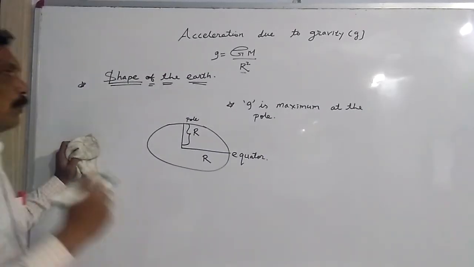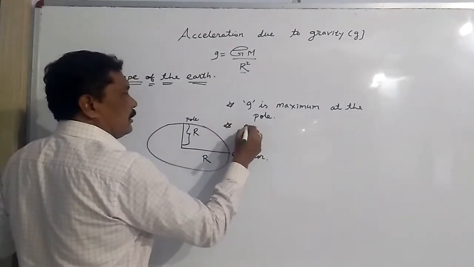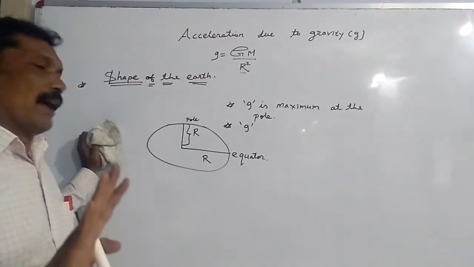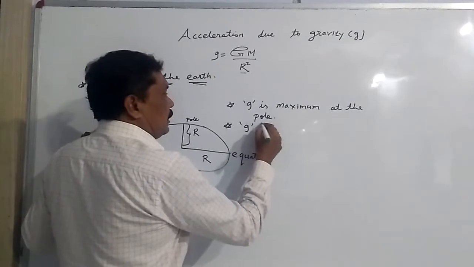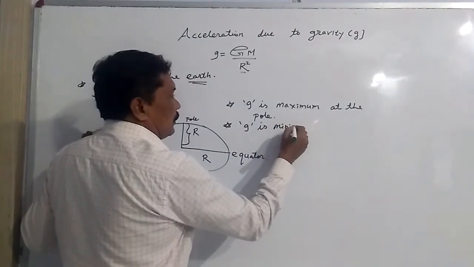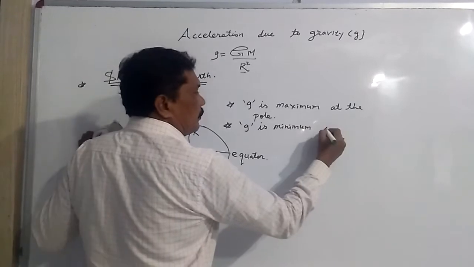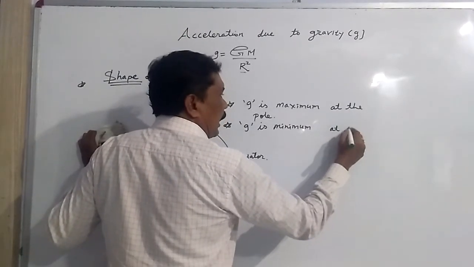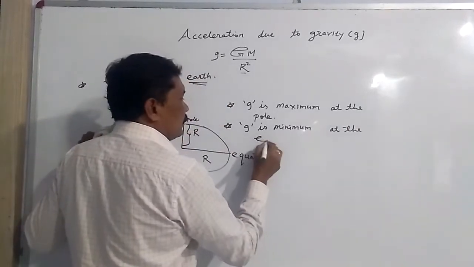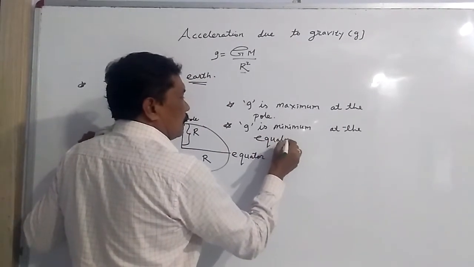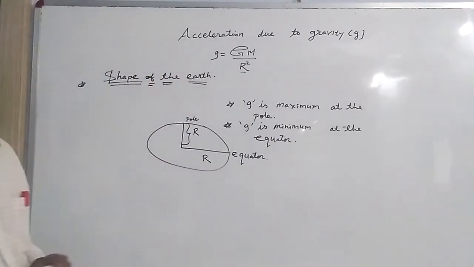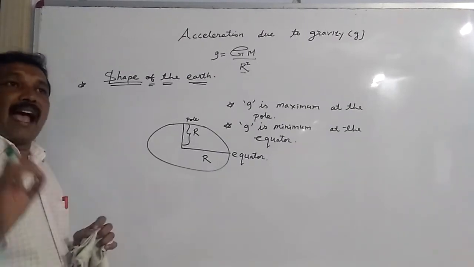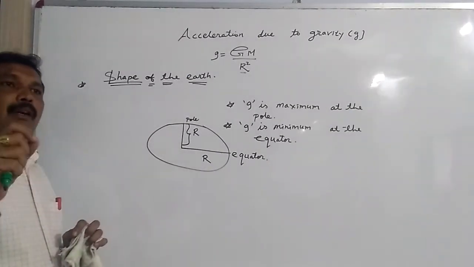Second, small g means what? Acceleration due to gravity is minimum at the equator. So my dear friends, we have seen acceleration due to gravity does not depend upon the mass of